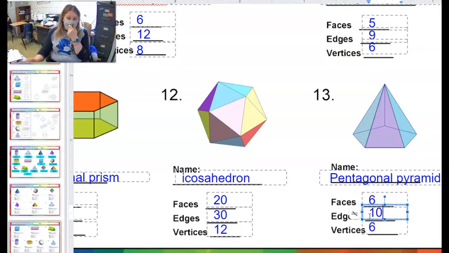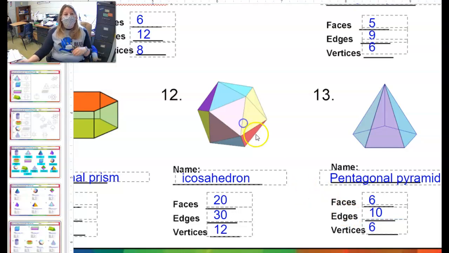10 edges. Okay. So I want you to link this into your notes, because I forgot to change that